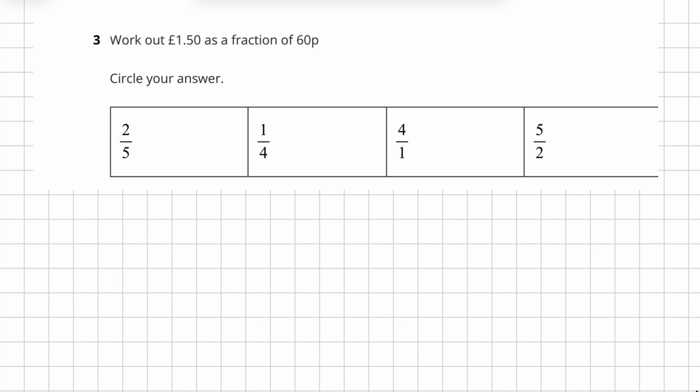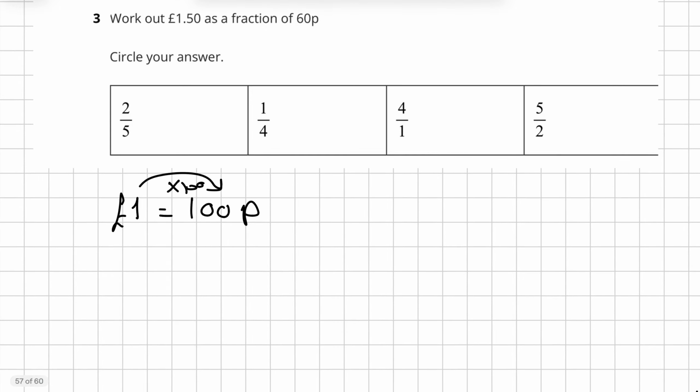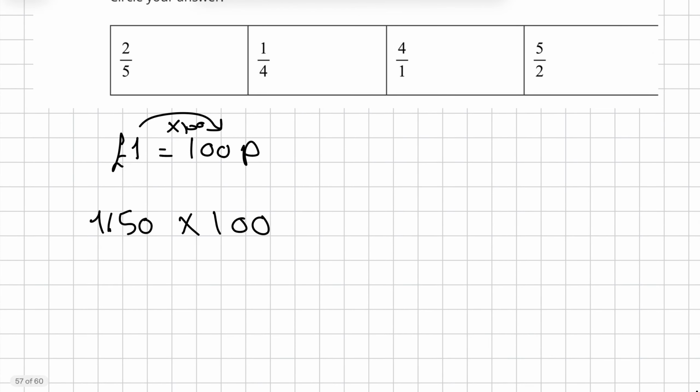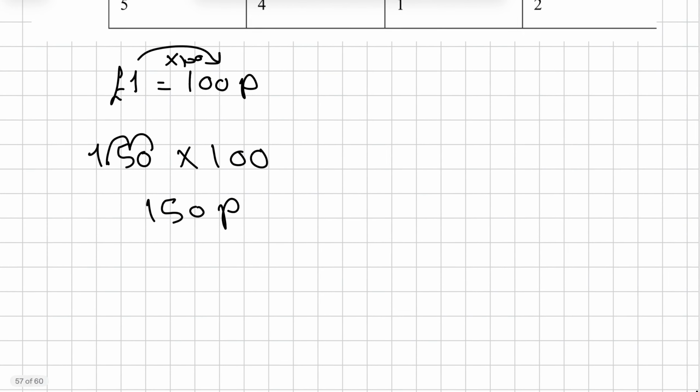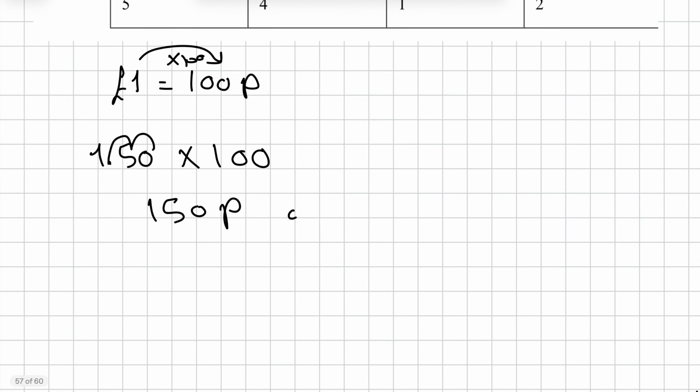of the pounds. As you know, guys, 1 pound is equal to 100 pence. If you want to change from pounds to pence, you have to multiply by 100. So we multiply 1.5 by 100 to get into pence, and here you go, 150 pence. So 1.5 pounds is equivalent to 150 pence. Now 150 pence as a fraction of